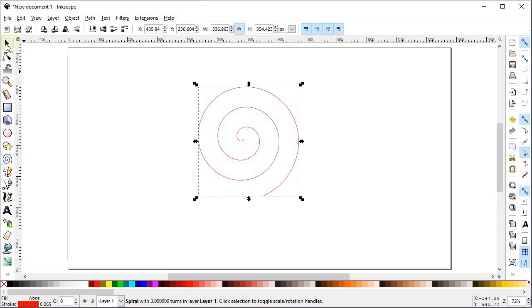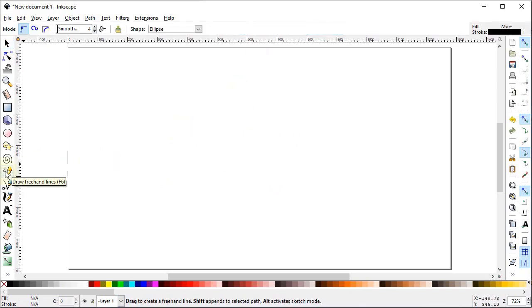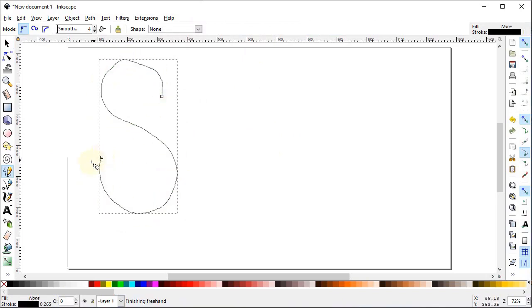Now select the selection tool and press delete on the keyboard like this. Now let's continue with the next tool, which is the pencil tool. This tool is very important in Inkscape. Now hold down the left mouse button and drag the mouse in a manner that you want to draw a shape like S. Now you can see that there is too much distortion in the shape, and if you want